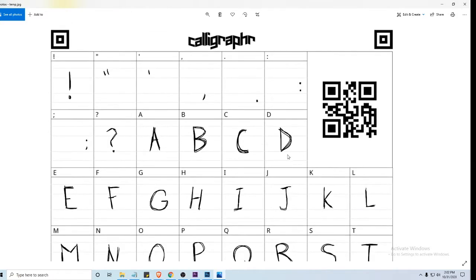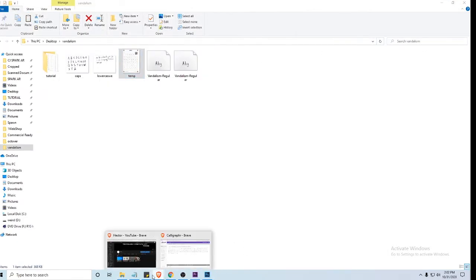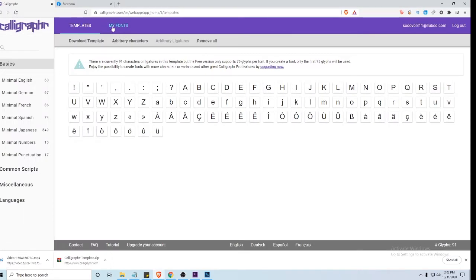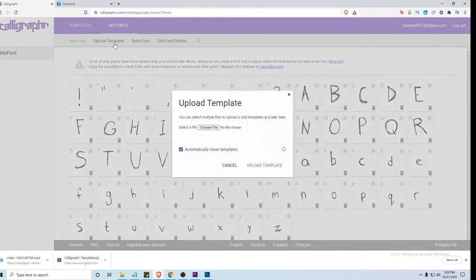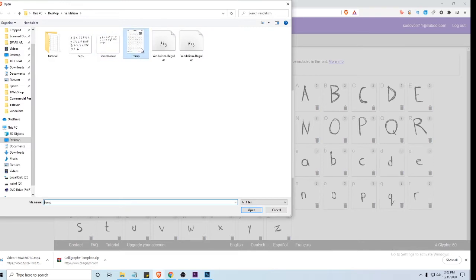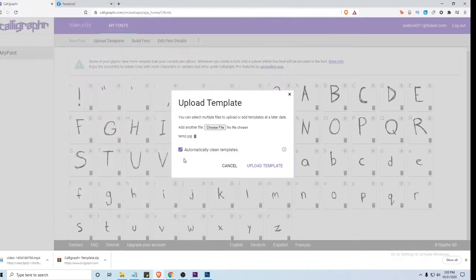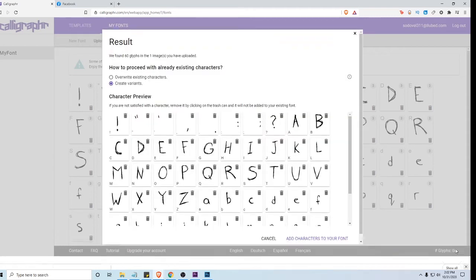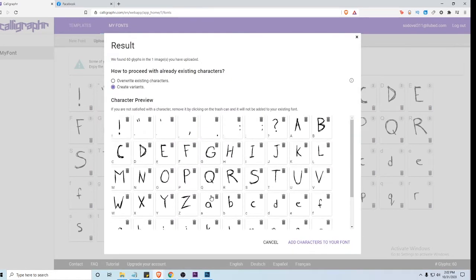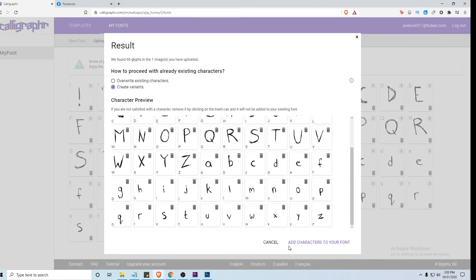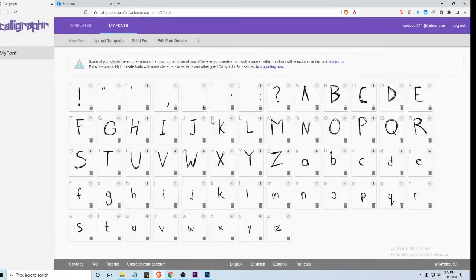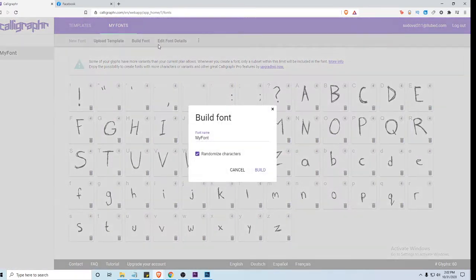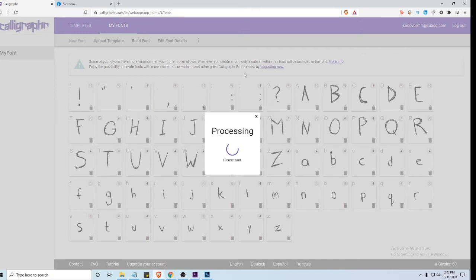So after you fill that in your own style, you go back to the Calligrapher website, you go over to My Fonts, upload template, you choose the file, you choose the template that you just drew, and then upload it, and it'll process. Once that's done processing, you can see it cuts out each character, and you can add characters to your font. Once that's done, you can click build font, you can name it, build it,